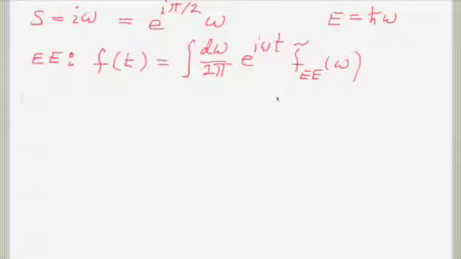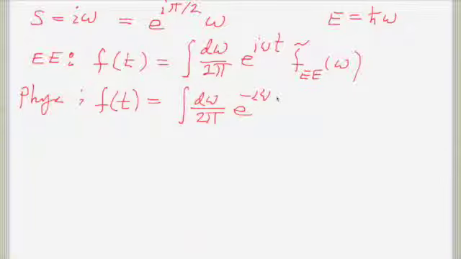in the electrical engineering department. Over in physics, they say that f of t is equal to the integral d omega over 2 pi times e to the minus i omega t, f tilde physics. And so what that means is that when you go from EE over to physics, omega of physics is negative omega